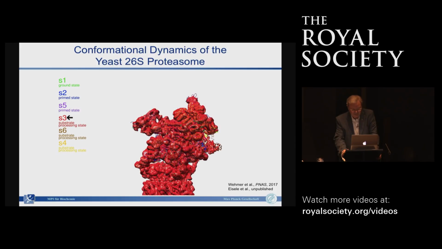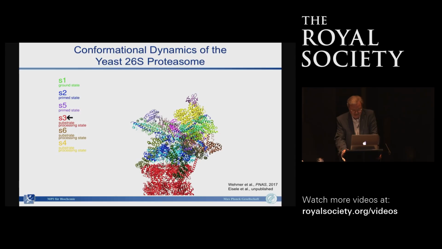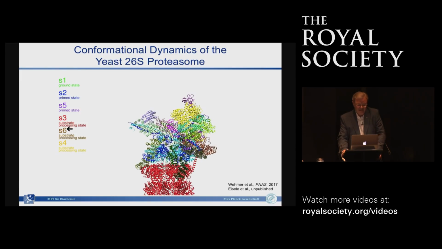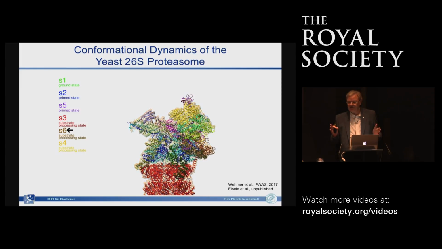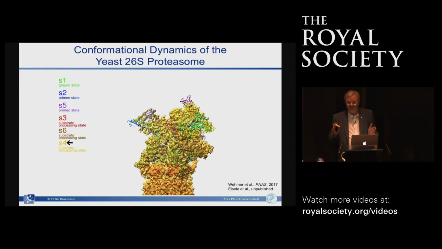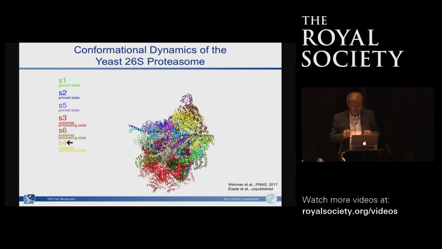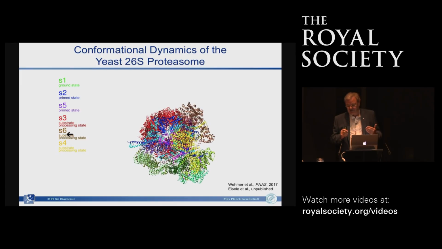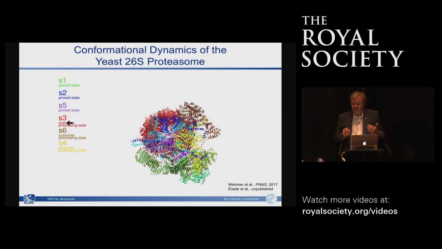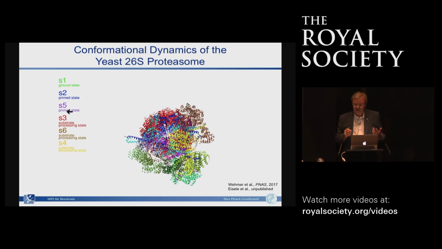I think I will be very brief. Essentially, we have 3 basic states. S1 is the ground state. That is the state in which it's not transacting on substrates. It's sitting there and waiting for substrate. Then there's S2, which we call the primed state, or commitment state. It means the proteasome is engaged with the substrate to an extent that the whole process